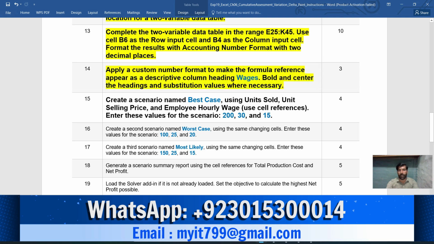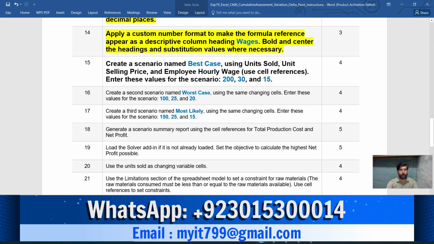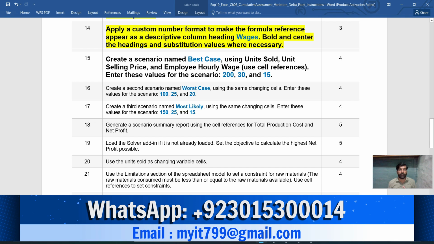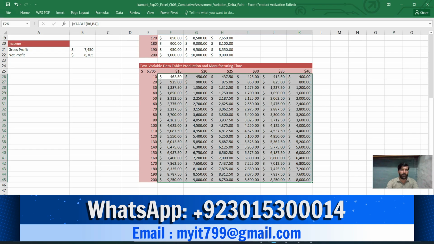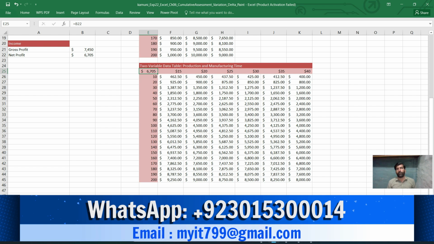The 14th step says to apply a custom number format to make the formula reference appear as a descriptive column, adding wages, bold and center, adding substitution values where necessary. Here we use wages as a descriptive value, and bold and center it. This is the place where we show wages as a descriptive value.